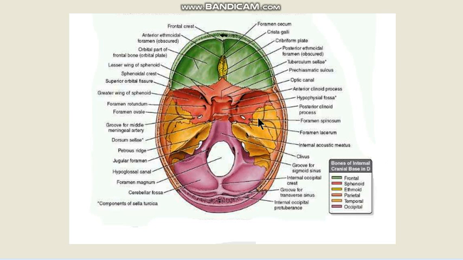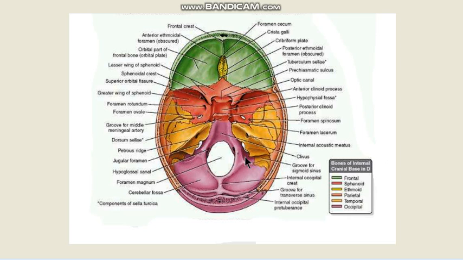So squamous part of the temporal bone, wedge-shaped petrous part of the temporal bone, behind that a little bit of the mastoid part of the temporal bone, and within the petrous part of the temporal bone over here is the internal acoustic meatus, and the tip of the petrous part of the temporal bone forms the margin of an opening which is called foramen lacerum, irregular lacerated opening, and here the posterior border forms a margin of the jugular foramen.